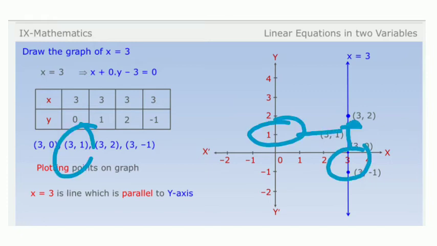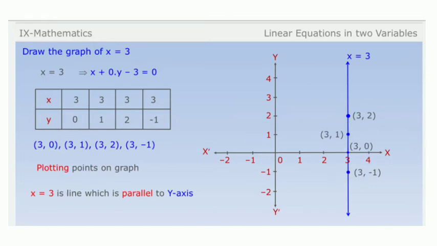Here the x coordinate is 3 and the y coordinate is 1. Where is the 3? On the x-axis. Where is 1? On the y-axis. So what is the intersection of these 2? Here is the point. So 3, 1 is this point. And similarly 3, 2 and 3, minus 1